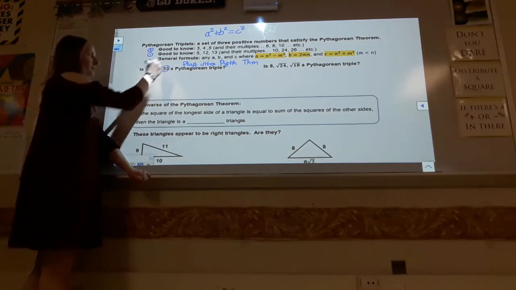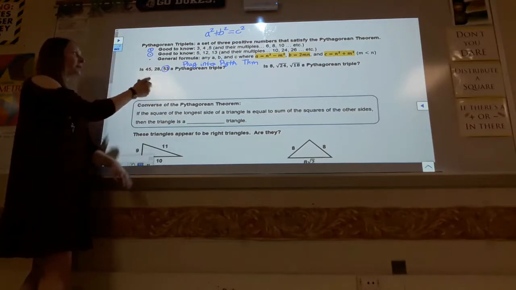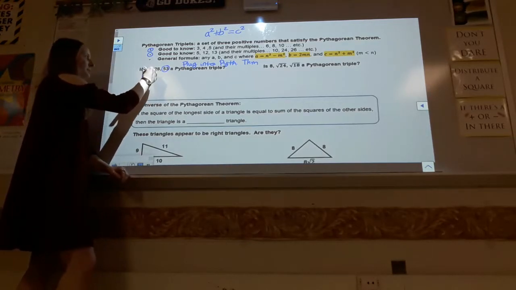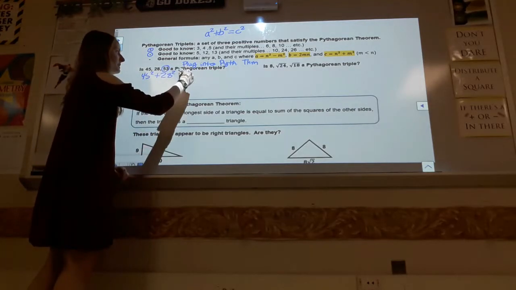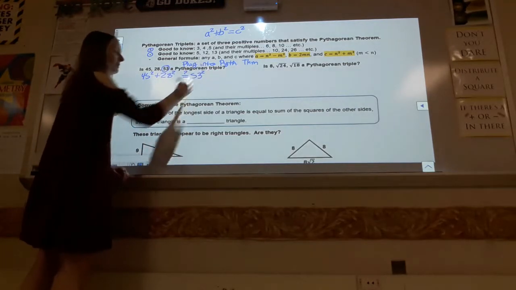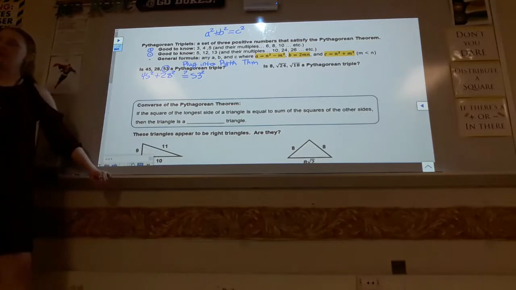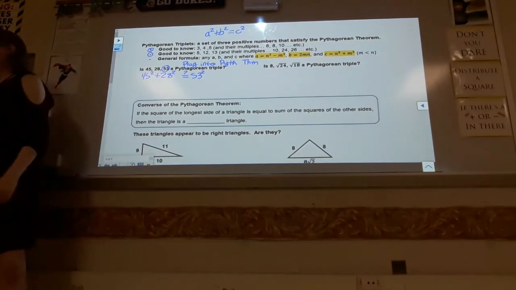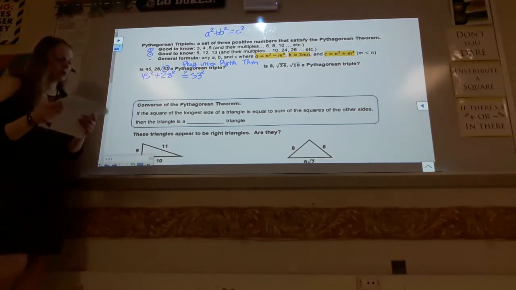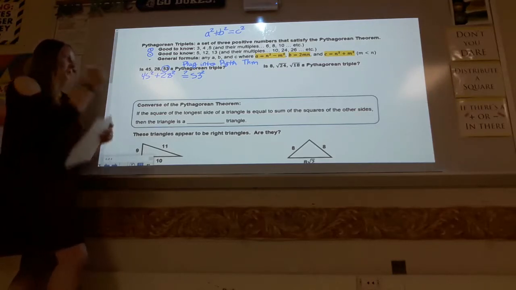You have to make sure that the biggest one is reserved for the c squared. So I'm going to do 45 squared plus 28 squared, and I want to see if that's equal to 53 squared. If it is, that means it's a Pythagorean triple. If it's not, that means it was not a Pythagorean triple. So that's big numbers, right? So 45 squared plus 28 squared is